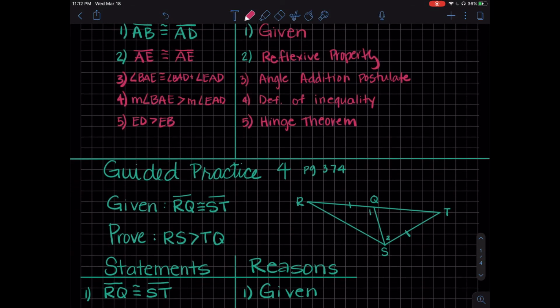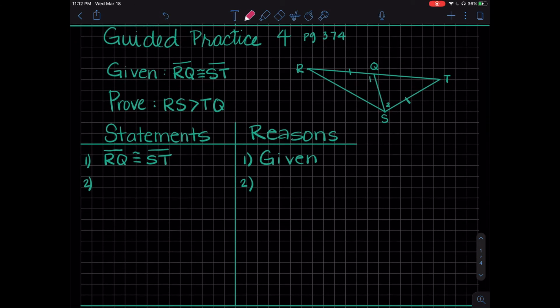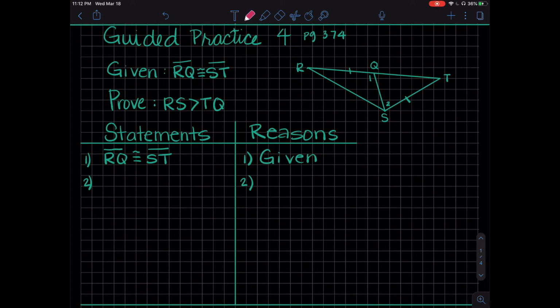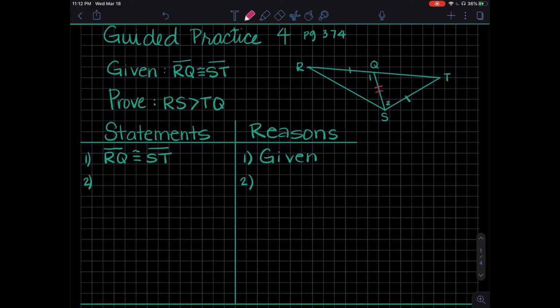Let's move on. Let's look at the guided practice from example 4. So the guided practice, we're given that RQ is congruent to ST to prove that RS is greater than TQ. Okay, so we're given that RQ is congruent to ST, and we're going to go on from there. We can say that QS is equal to or congruent to QS by reflexive property. Step 3,